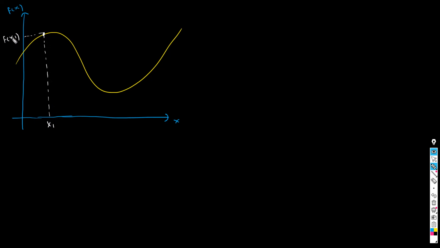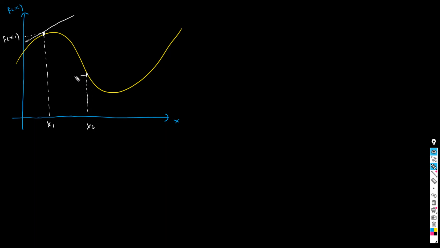Remember, I cannot give specific values for these two because I'm being completely general. So the point x1 comma f of x1. What if I want to find the slope of this tangent that goes through this point? Or what if I want to find the slope of the tangent that goes through this point,